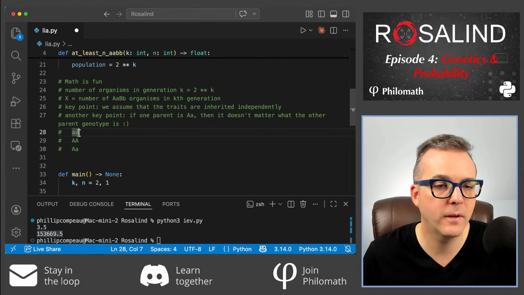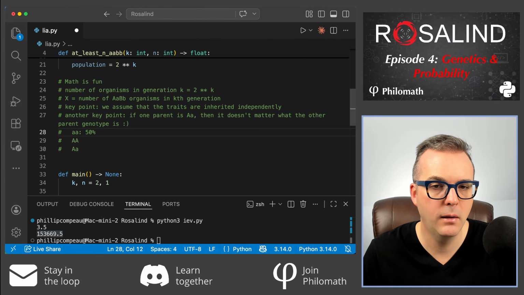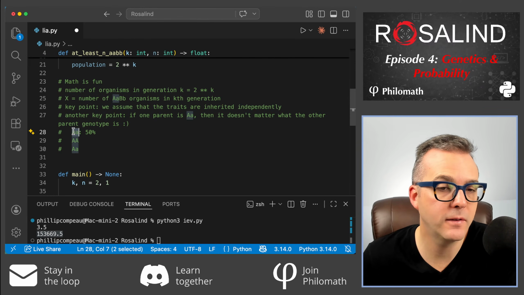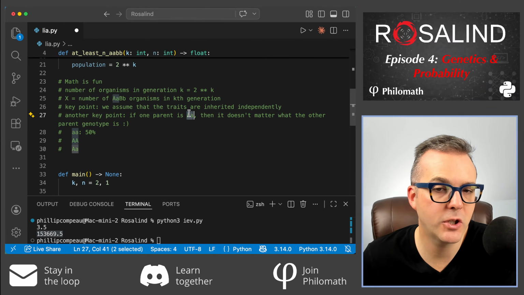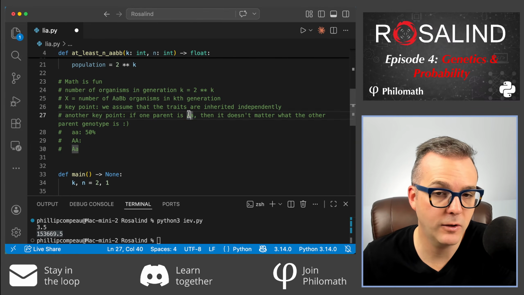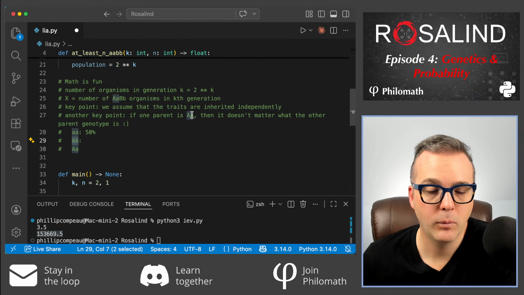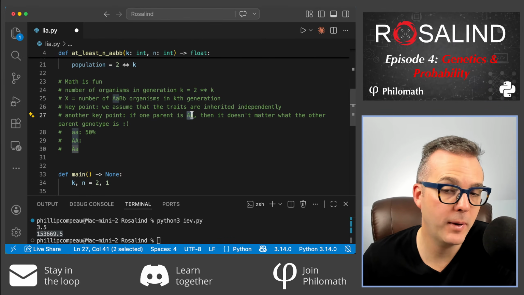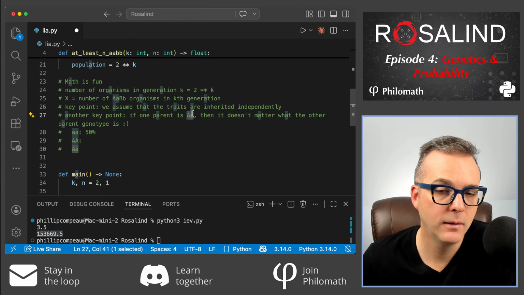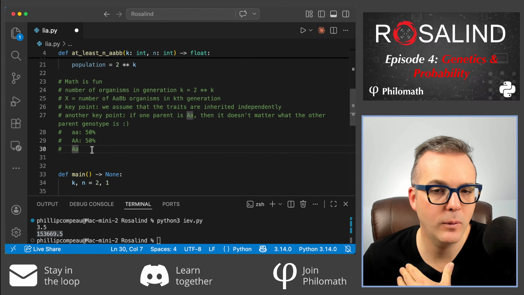So if we say, well, what's the likelihood of my offspring being heterozygous in the next generation? In this case, it's 50%. Why? Because I know I'm going to get a recessive trait from this organism, and I have a 50% chance of getting a dominant trait from this parent. So I have a 50-50 chance. And the same thing actually applies if I have a heterozygous parent, but also a homozygous dominant parent. I have a 50-50 chance there too. So why? It's the opposite case. Half your offspring are going to be heterozygous, corresponding to the ones that get the recessive allele from the first parent, so 50%. And then we go back to our original Punnett square